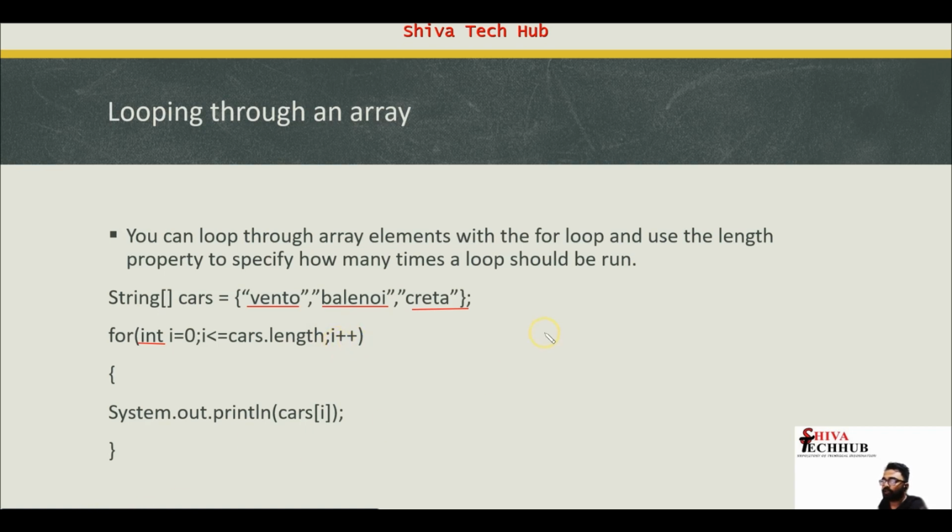So for example, let me write it down over here. Cars of first, it is starting with 0, right? Okay. So let me write down the length as well over here. Length is equal to 3. We know that length is equal to 3. There are three elements. So for example, cars of 0 equal to Vento, and 0 is less than 3, so it moves to the second iteration. Since we are incrementing the value of i by 1, this becomes